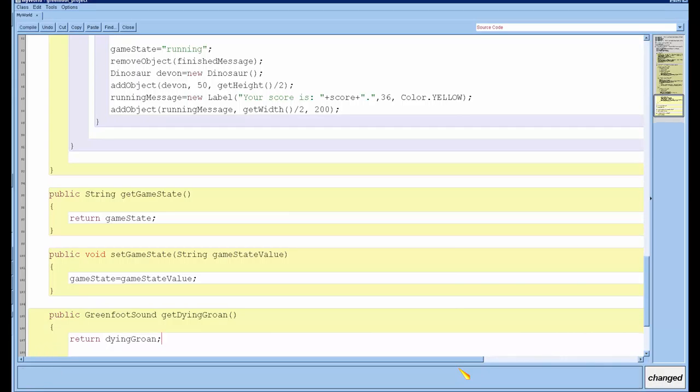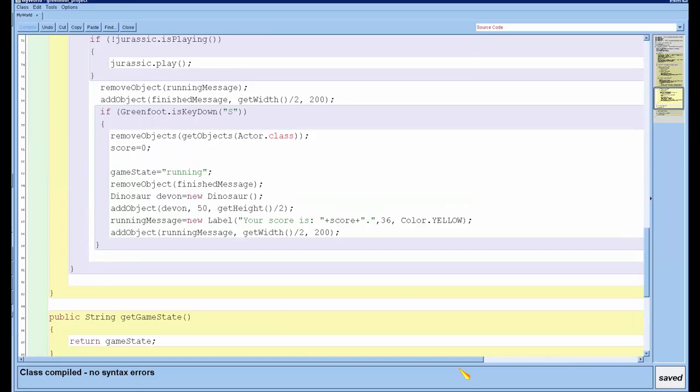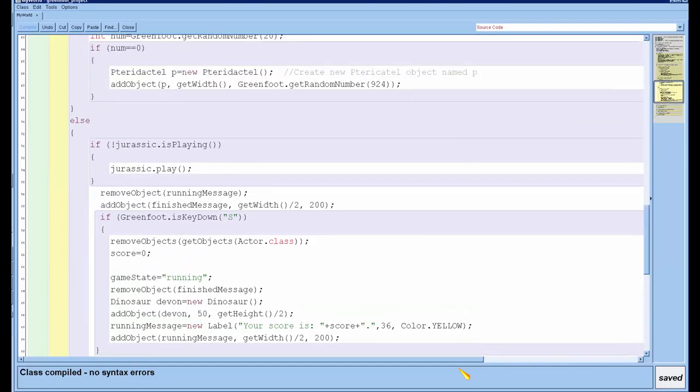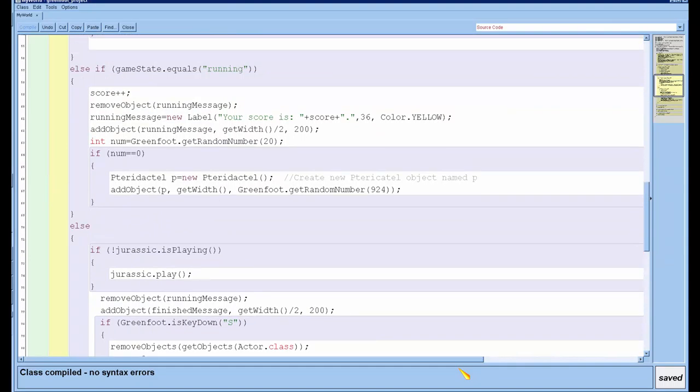So I'm still in the My World class. My logic is going to be this. Over in the place where I check for collisions, which is in Dinosaur, when it detects a collision, it's going to play the dying groan. It's going to throw the game into finished mode, so the act method of My World is going to go into this mode.